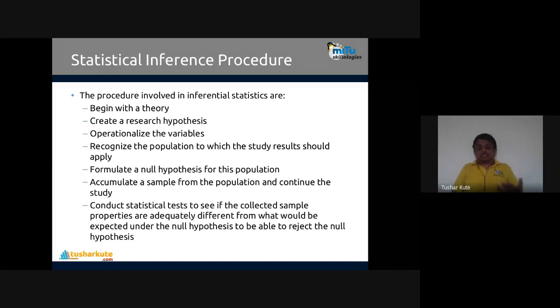This is called the test, hypothesis testing. Many are there. The chi-square test we can apply, and multiple T-tests are there that we can apply. By that we can prove that yes, it is possible that this population will have these properties present in it. If so, then we can formulate the model that I can create, and using this model we can perform predictive analytics or descriptive analytics. This is the common procedure which is followed in statistical inference.